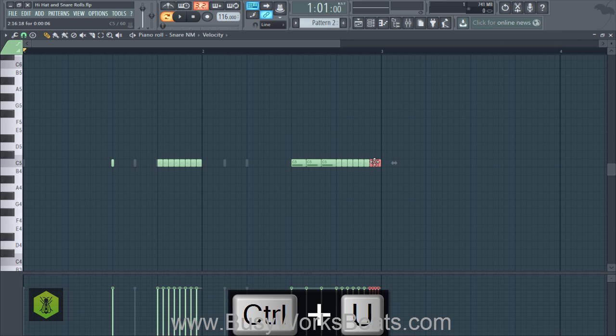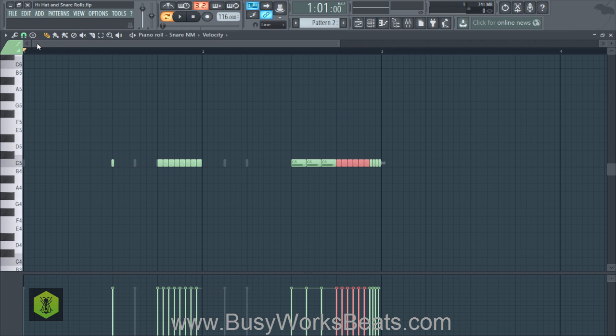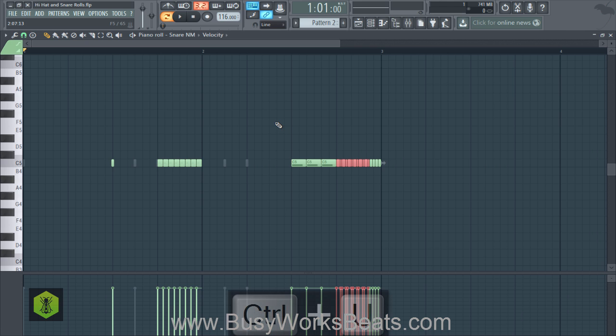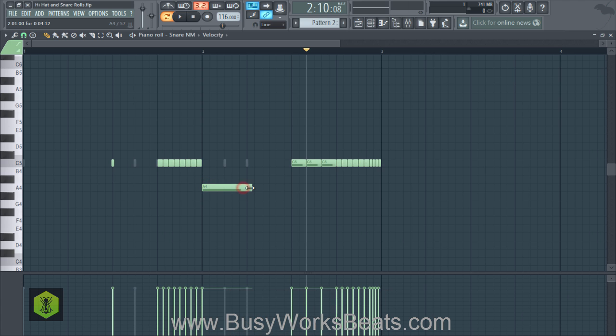Now keep in mind, when you slice smaller and smaller, and let's say I highlight this, which is a half step chop, and I want to do a triplet chop, it's not going to change the note lengths to fit the triplet chop. If I hit Control U, it's going to make these weird looking shapes, and it's going to sound weird. So you have to make sure you always revert back to a longer note length when you want to change the rhythm of a section, because once you slice it, it's going to slice the individual notes into thirds, not slice the whole area into thirds, and it's going to give you that sloppy sound. So anyway, I just wanted to give you that troubleshoot.